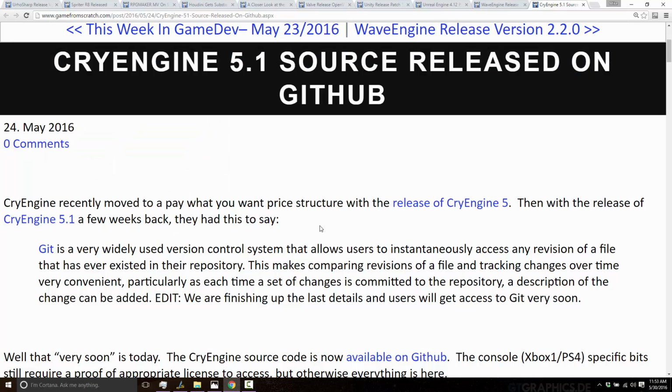Now, first thing that happened this week was CryEngine 5.1 source code was finally released on GitHub. This is one of those things they announced earlier that it was going to happen, that it was coming soon. Well, now it's here. So if you want to go through the source code for CryEngine, it is available on